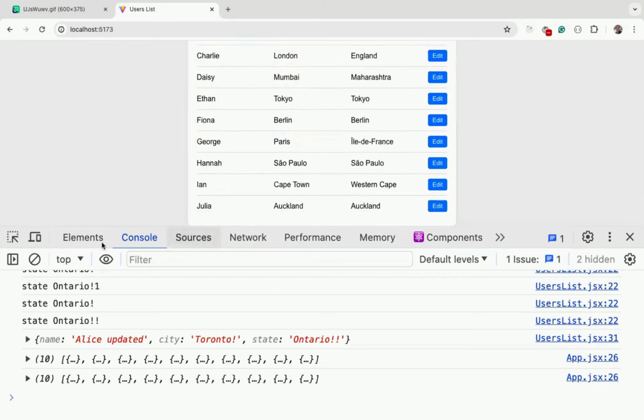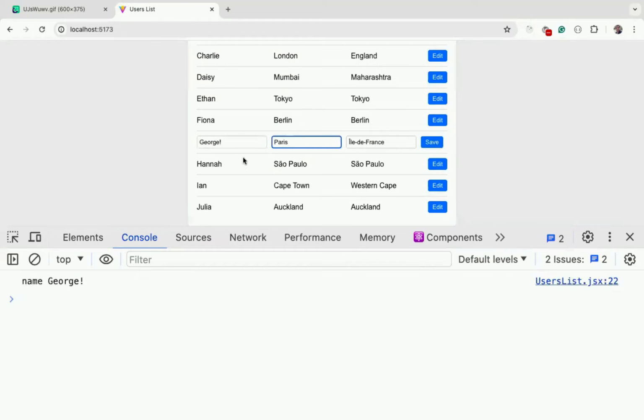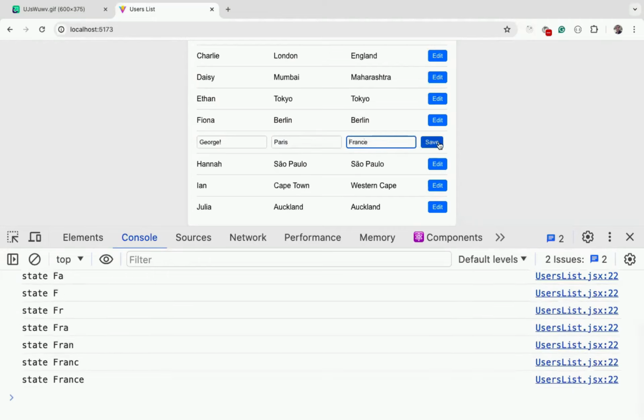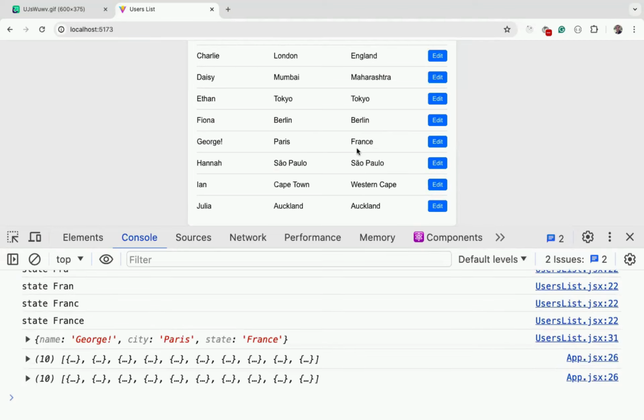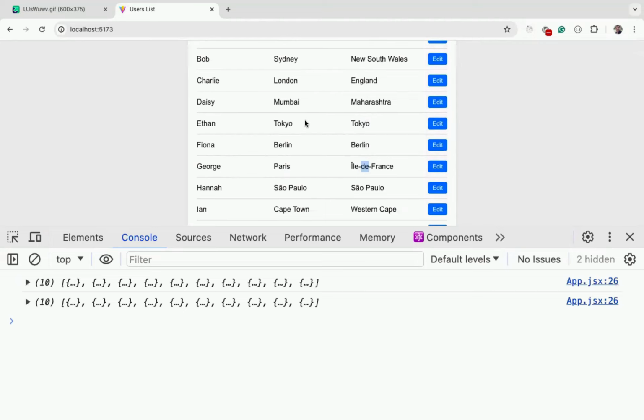So I can update any user, not just the first. Let's say I want to update George. I can click on George, I can add one exclamation mark. And here, let's not update this Paris, let's update this to just France. Click on save. Now you can see George with an exclamation mark, here France and it's Paris. Click on save. You can see it's updated. But now if I refresh, you can see we are bringing back the original because we are not storing this